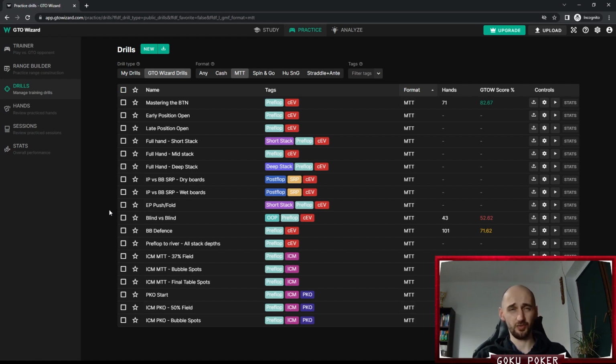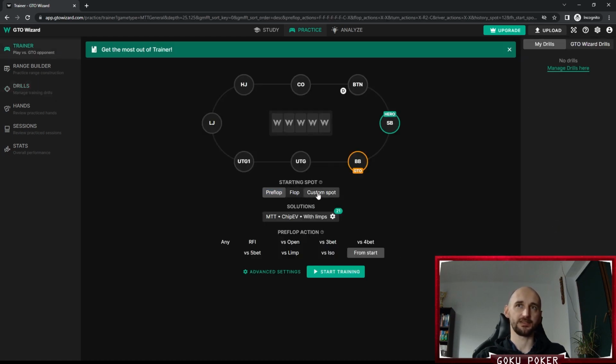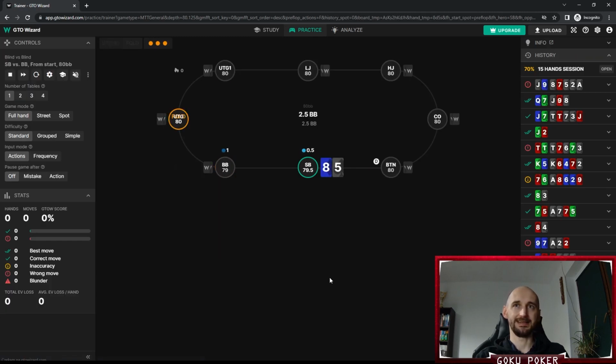And we're gonna continue playing the blind versus blind today. We've got a terrible GTO score, even after 43 hands, so I think this area is definitely one that we should focus on and try to get the score to a more respectable number. So let's continue